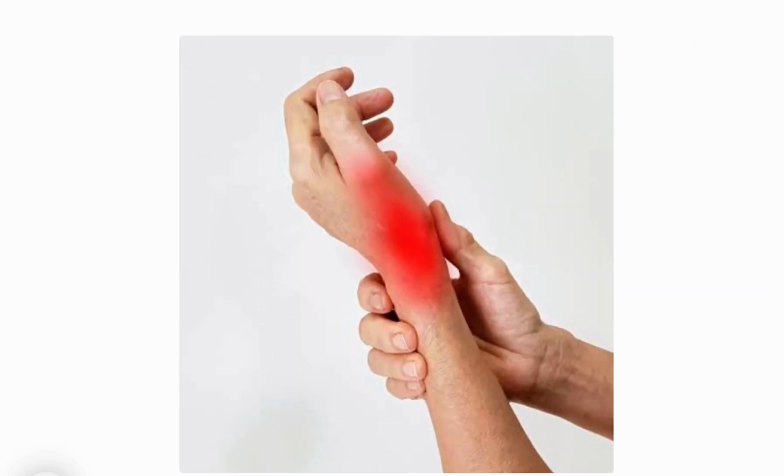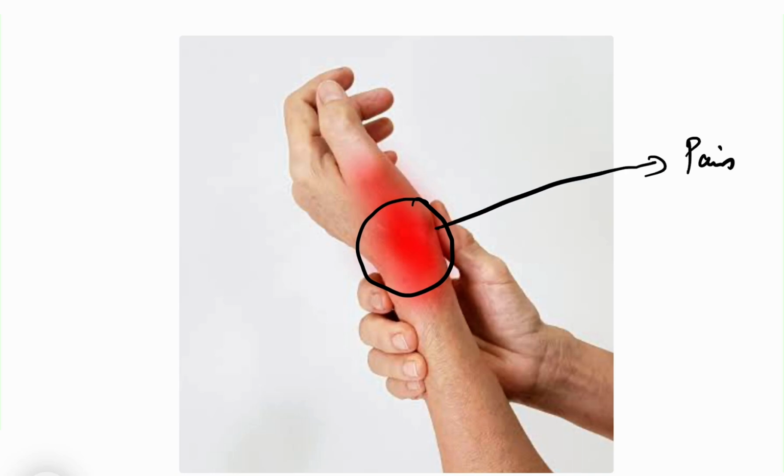So basically in this clinical condition there is pain and swelling of the radial aspect of the wrist, just at the base of the thumb. So a patient will feel pain and there is a swelling. Why there will be pain and swelling, what the causes are and all, we will discuss today, but briefly